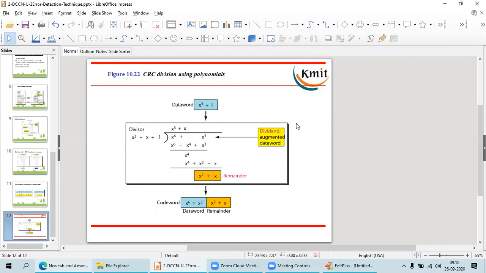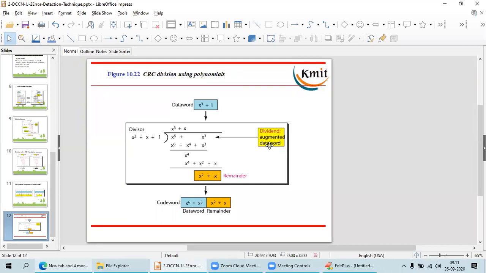Here, in the polynomial, I am multiplying this data word by x power 3, so I get x power 6 plus x power 3, and all the rest are zeros.